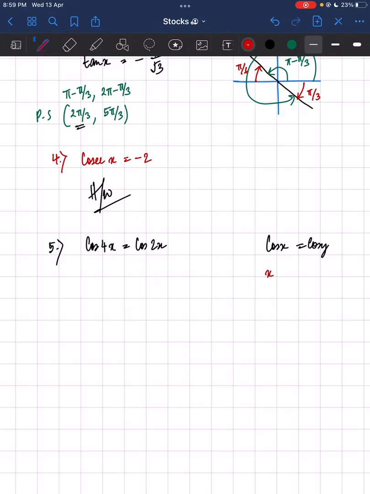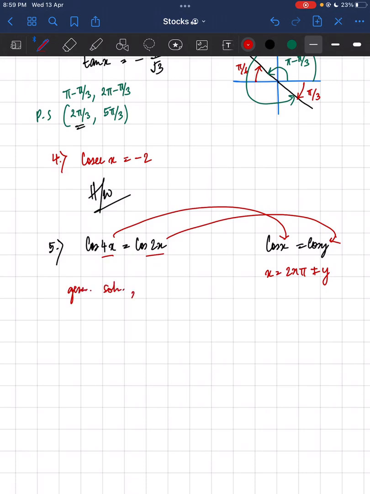We write x is equal to 2n pi plus minus y. But here cos 4x is equal to cos 2x. So think of 4x as the x and this 2x as the y. Wherever you have x you write 4x, and wherever you have y you write 2x. So the general solution will be